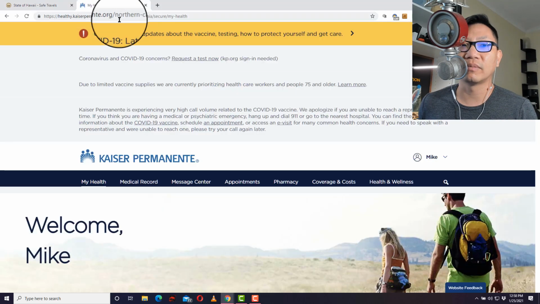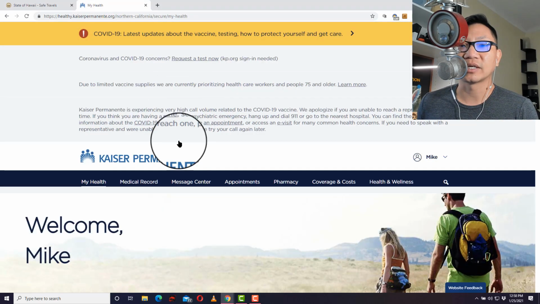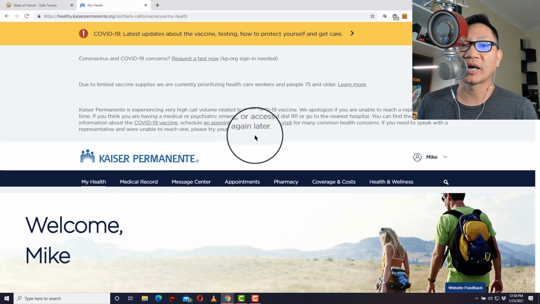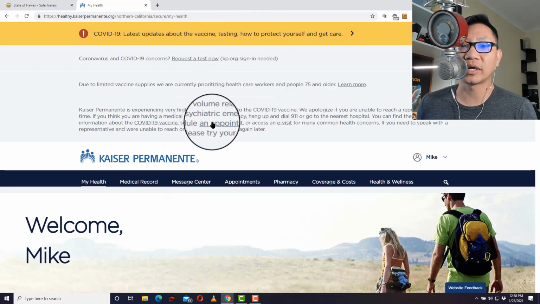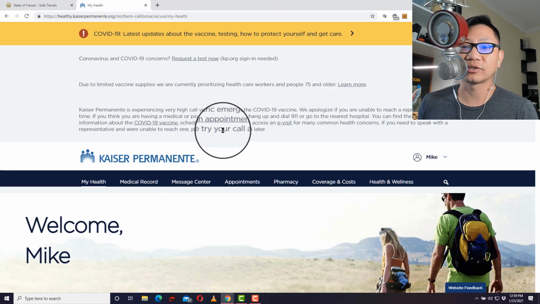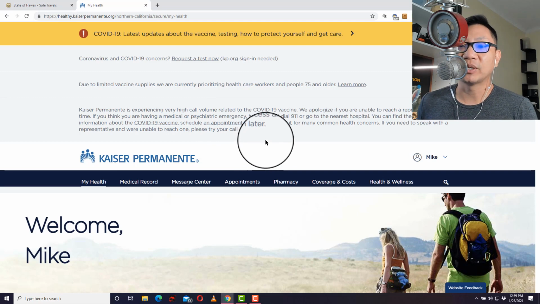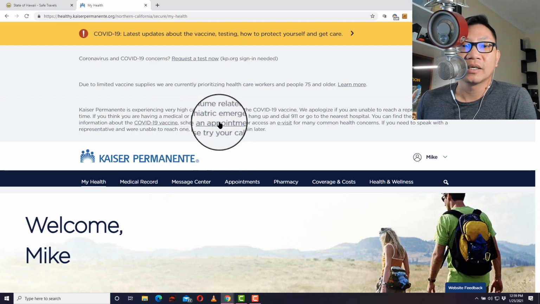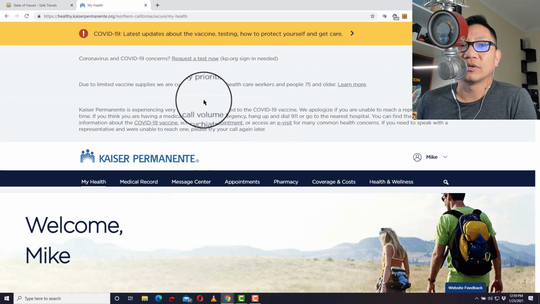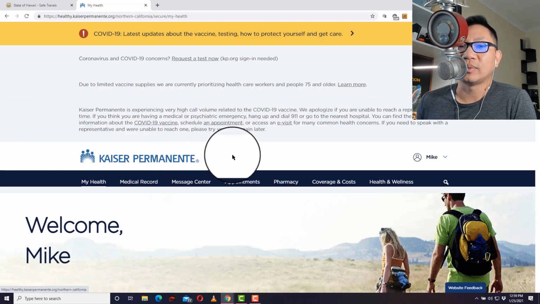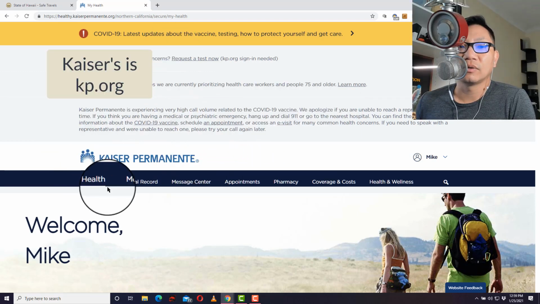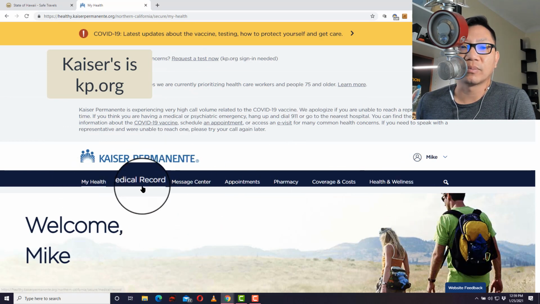I'm showing you from my Kaiser Permanente because that's the service provider that we recommend if you have it, because they are a partner for this whole program and they provide the proper tests. Our experience, my wife and I's experience, was we were there, 15 minutes in and out, we were done. So when you do it and you get an email saying that your test results are ready, after you log into Kaiser Permanente, I think it's KP.org, you will have this screen here. See, it says, welcome, Mike.